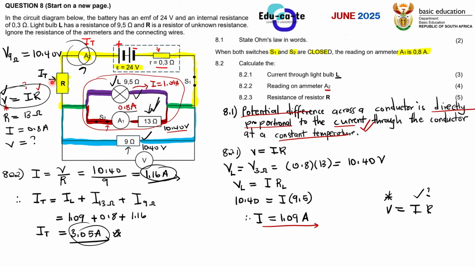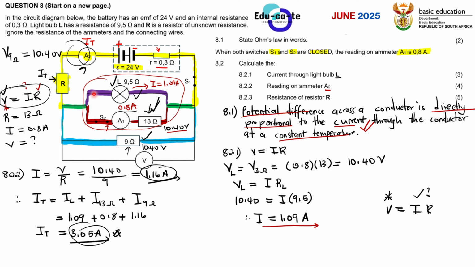So we have got two parts of a circuit, the series part where we find the resistor R, and the parallel part where the current is split. Wherever you see the total current, the yellow current, that is the series part of the circuit. And wherever you see any other colors, that is the parallel part of the circuit. So we already know that the voltage across this entire parallel part of the circuit is 10.40 volts. How do we know it? I've already told you a million times that the voltage across parallel resistors is equal.